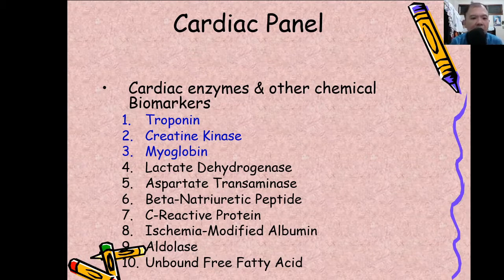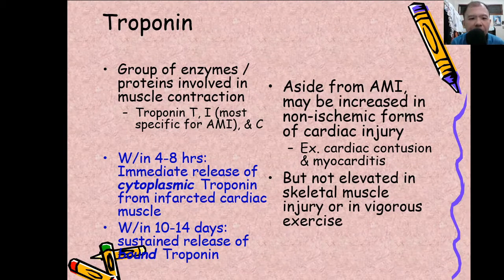So remember troponin, remember creatine kinase in glycolysis, remember myoglobin, which is a pigment and also an enzyme, from the muscles, and what have you. So these are enzymes and proteins that are released from damaged muscle cells, especially those from the heart. Troponins are groups of enzymes or proteins involved in muscle contraction. It can be either troponin T, troponin I, which is the most specific for acute myocardial infarction, or